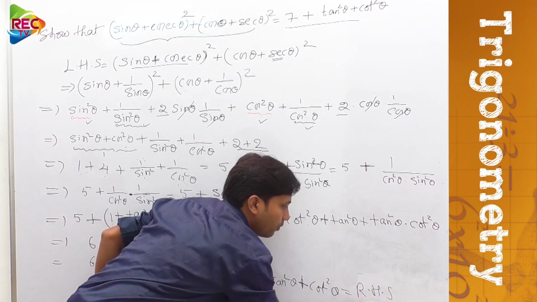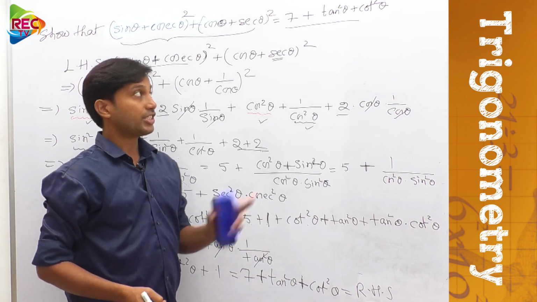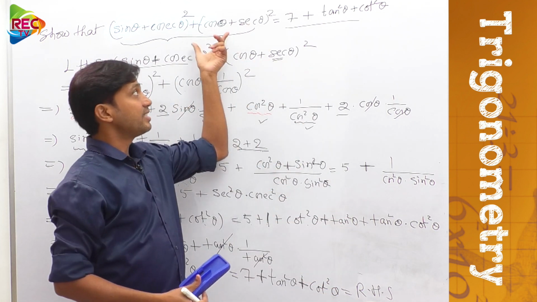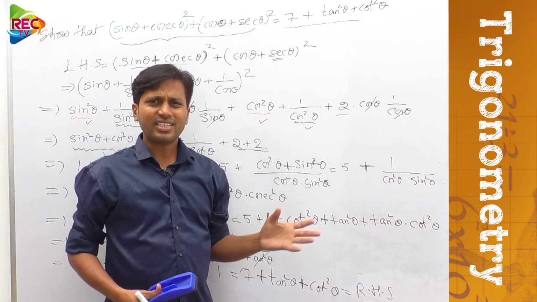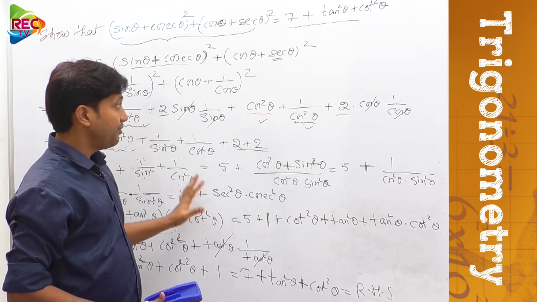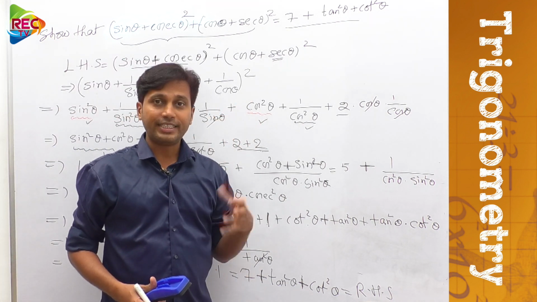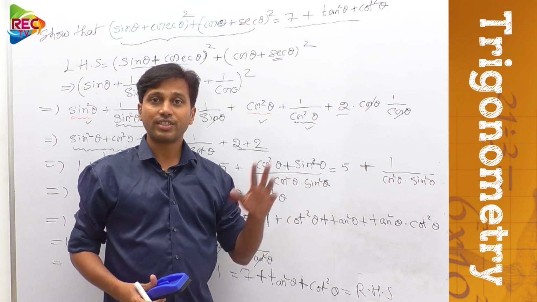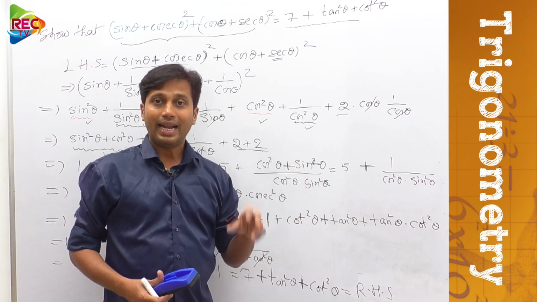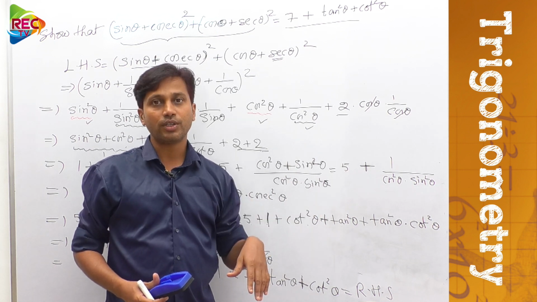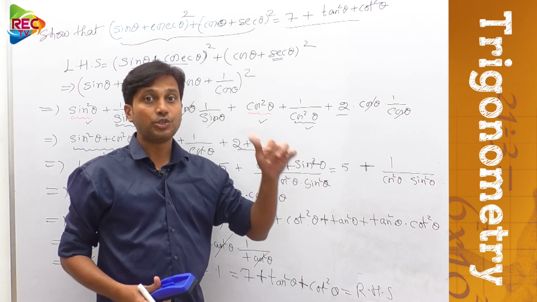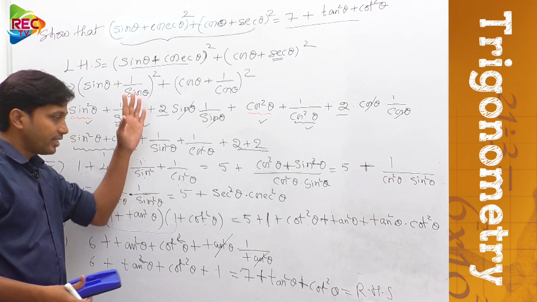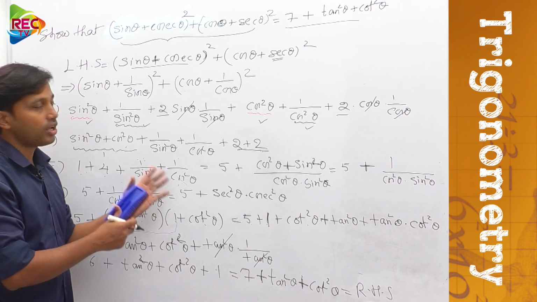That means how did we get this, guys? Actually we took LHS and we obtained RHS. So therefore LHS is equal to RHS. So this is a simple problem, but here we are using these trigonometric identities, that is sin square theta plus cos square theta equal to 1, cosecant square theta minus cot square theta equal to 1, and secant square theta minus tan square theta equal to 1. All three identities we used here to solve this problem. I think you might have observed. Okay, here all the three identities we have used together to solve this problem.